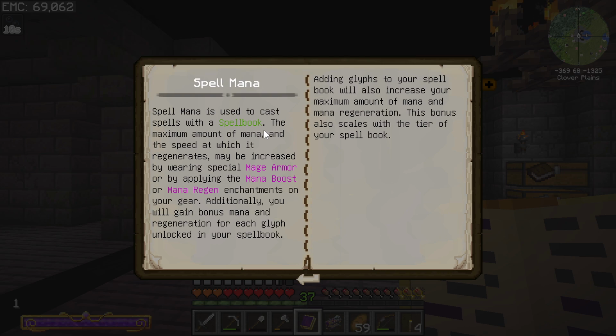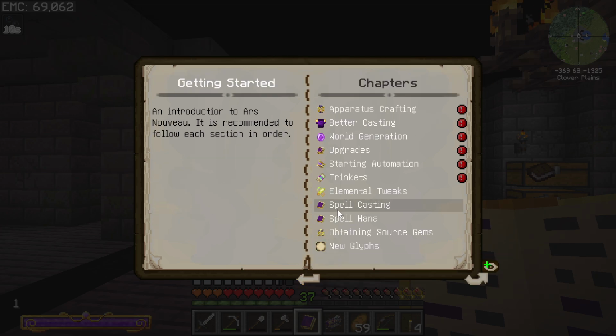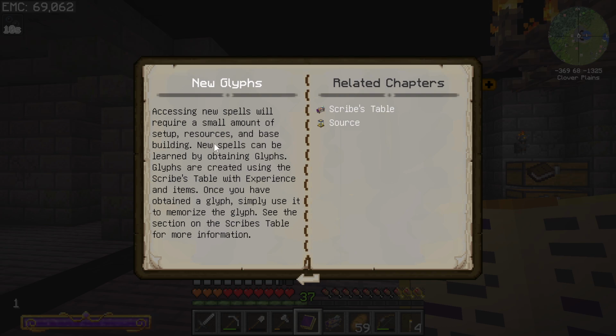Spell mana, blah blah blah, may be increased by wearing special mage armor or by applying mana boost or mana regen enchantments on your gear. Additionally, you will gain bonus mana and regeneration for each glyph unlocked in your spellbook. Adding glyphs to your spellbook will also increase your maximum amount of mana and mana regeneration. This bonus also scales with the tier of your spellbook, so that's the bit where we need to go and do the thing. And accessing new glyphs will require a setup, and so we need